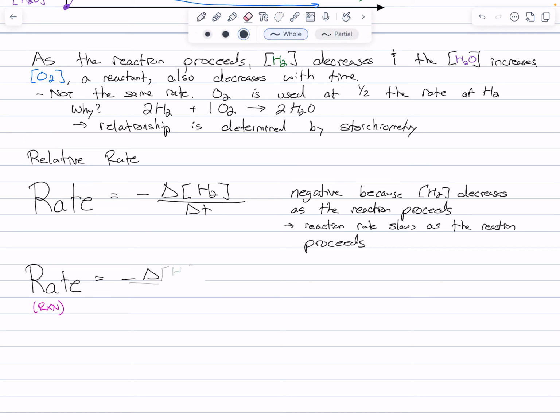Sorry, I messed up. Let's try this again. So relative rates, H2 has a coefficient, right? It's 1/2 the change in concentration of H2 with the change in time,